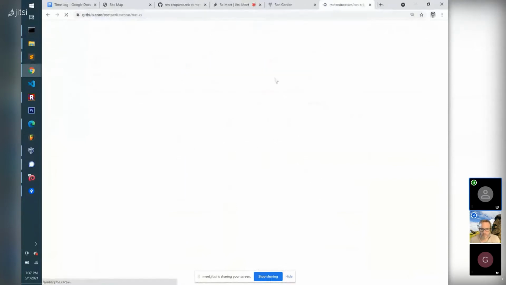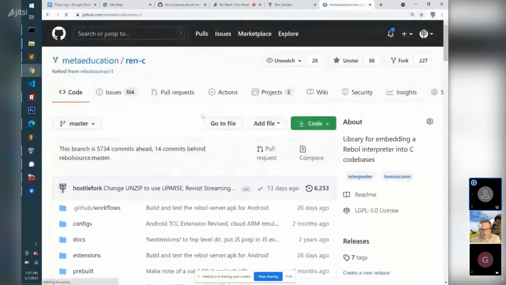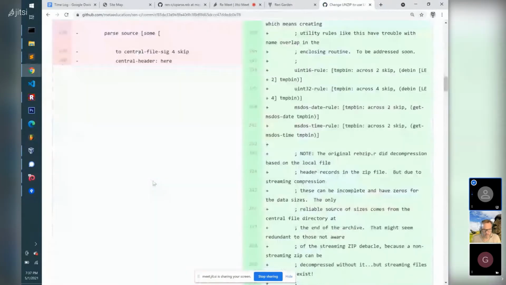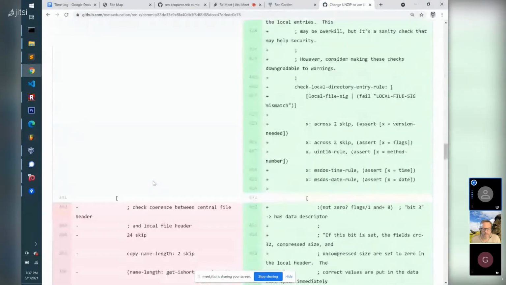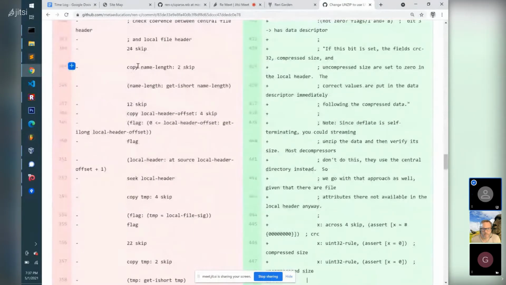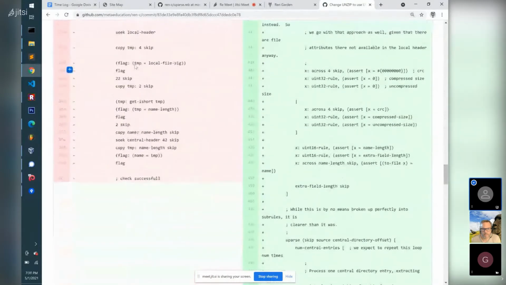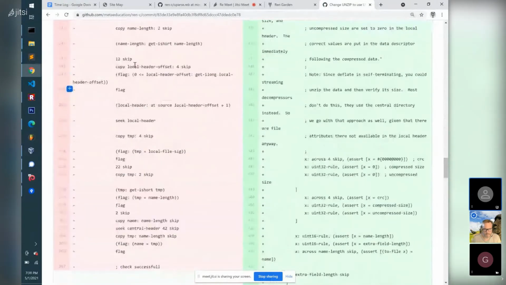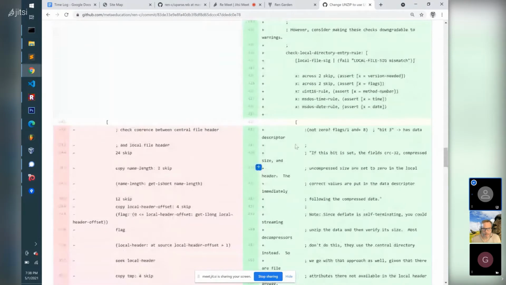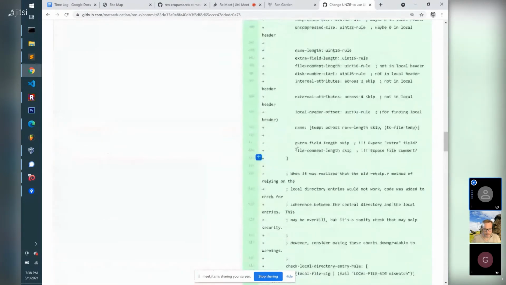So if you look at this commit where I changed unzip to use uparse, which I was talking about, those gnarly patterns: the pattern where you always had to copy out into your variable from the series, and you could never synthesize anything else. And then you'd run some code to transform it. But here, in the new formulation,